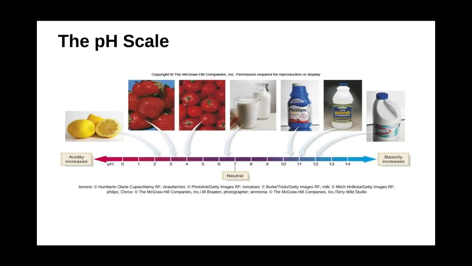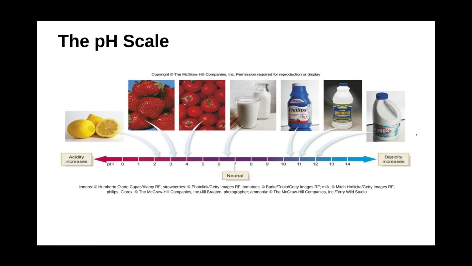Fun stuff. So let's look at this pH scale. And again, you've probably seen a pH scale at some point in your lifetime, but it's a really handy scale. Now, the pH scale is a 0 to 14 scale. Now, you can go below 0 and you can go above 14, but for the purposes of this class, we're thinking of that 0 to 14 scale. For the purposes of biology, it's a 0 to 14 scale as well, and medicine for that matter. So, neutral is 7. As we go from 7 down to 0, it's getting acidic. As we go from 7 to 14, it's getting much more basic.